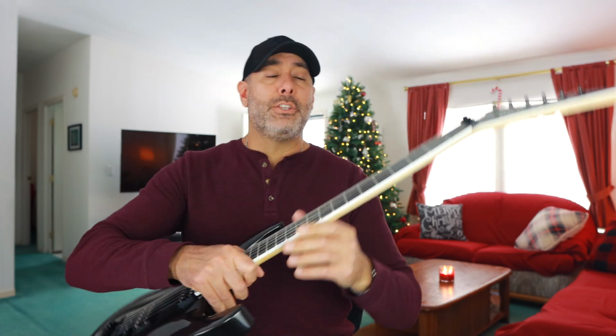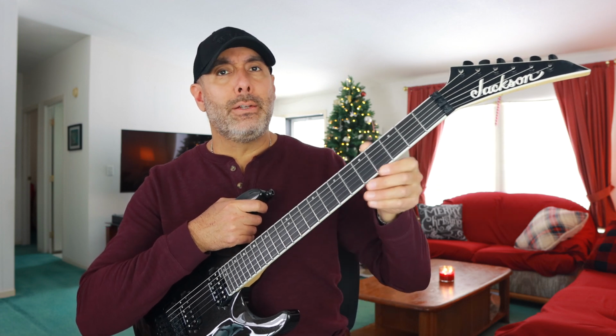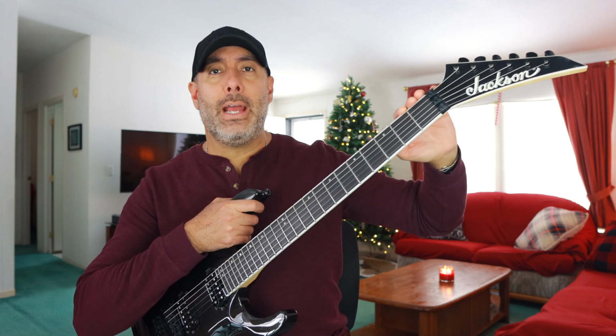There's nothing wrong with them. I would just prefer to have the locking tuners. Faster string changes, that's all, enough said. As far as the neck is concerned, there is really very little to no rounding out on the